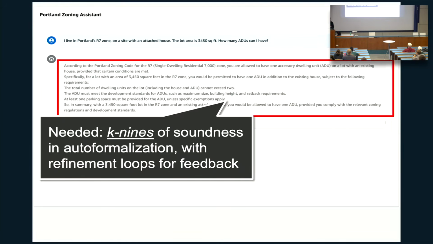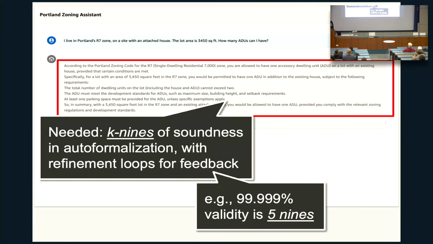And then particularly if you introduce the idea of neurosymbolic, where you're doing translation from natural language into logic, you've really lost the ability to actually be sound. And so now you're going to have to bang away at it. And so the idea here is, can we achieve 99.999% soundness on a suite of benchmarks?